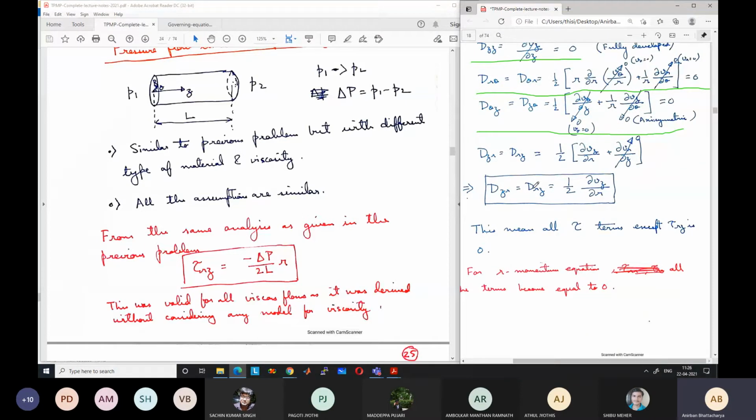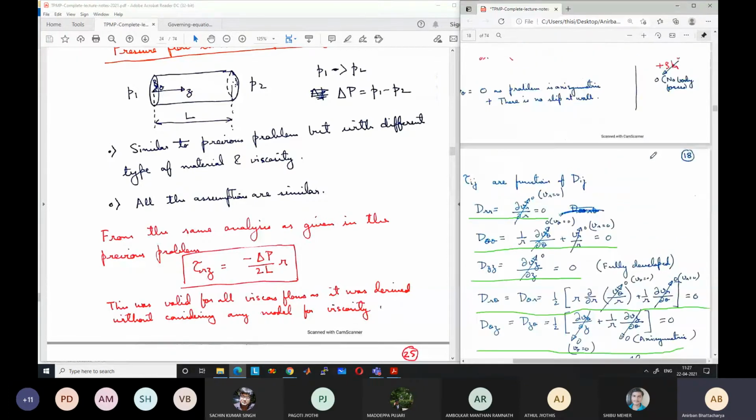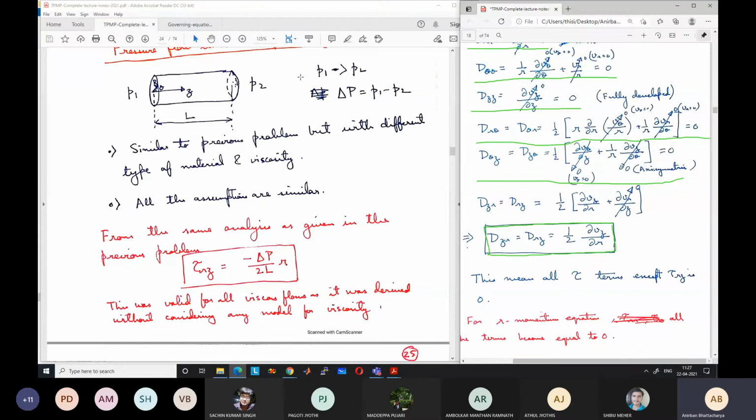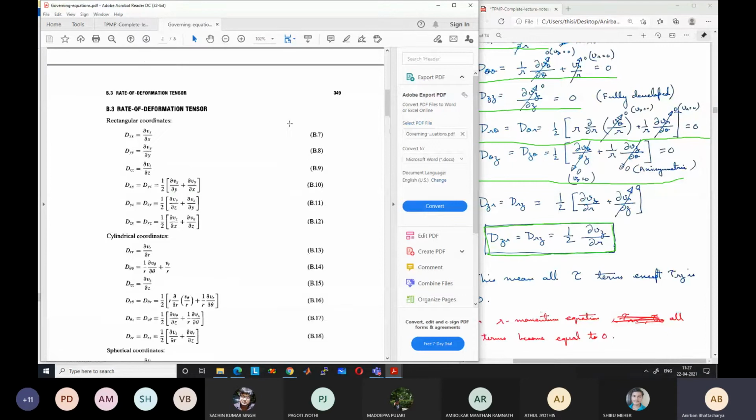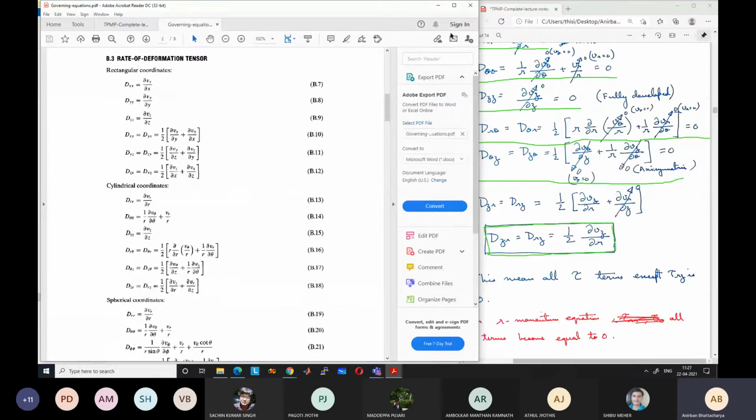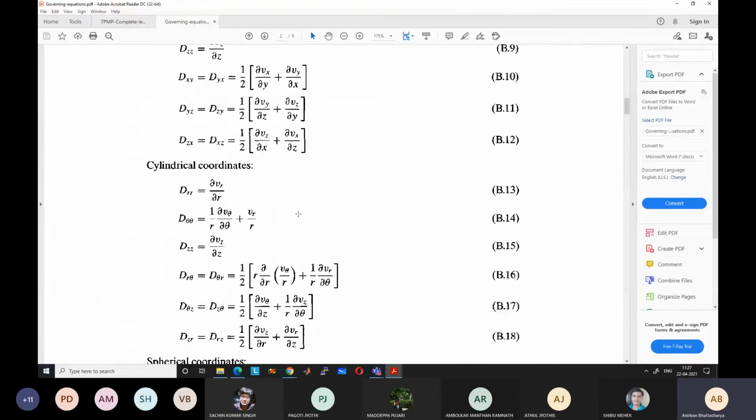From where did we get these equations? From the table. In the table, these equations are given. For the cylindrical coordinate, these were the equations: drr, d theta theta, dzz, dr theta, d theta z, and dzr. The table has already been shared with you; you can see it in the Teams portal. So all these were 0 except the last term, and we had valid reasons, which we discussed previously, so I am not going into the details this time to save time.